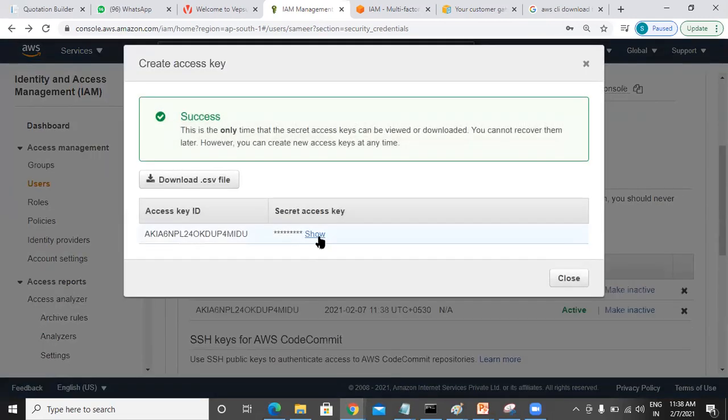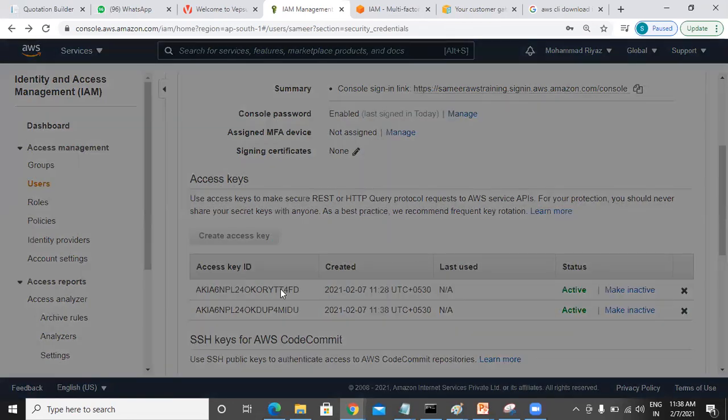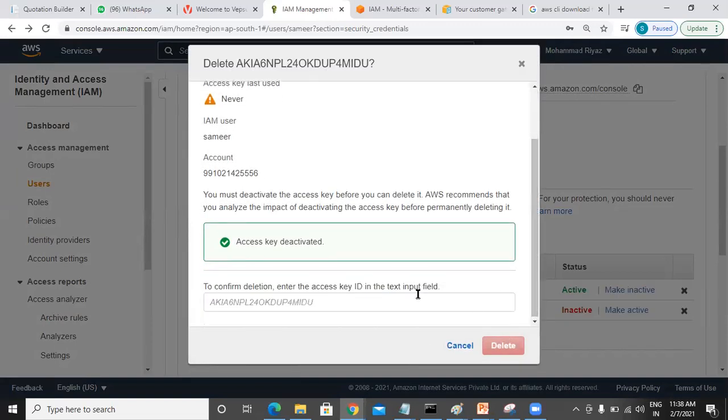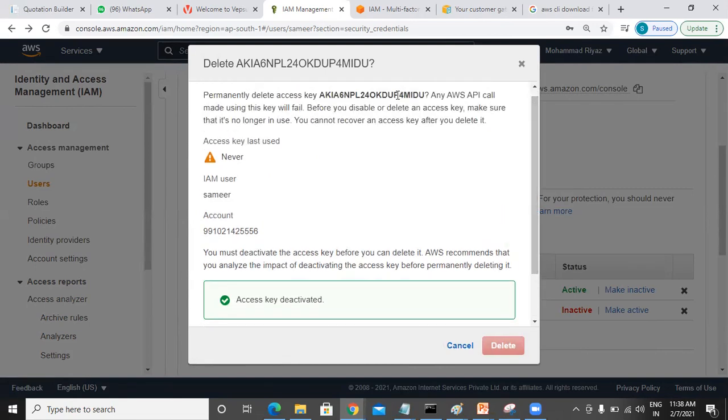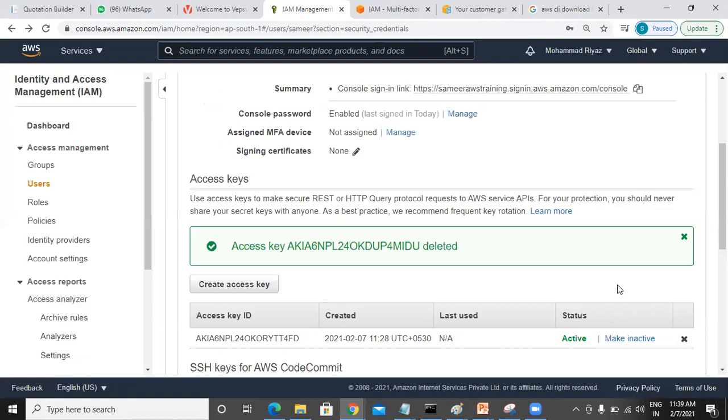So you can see here, this is a key, close it. I can use any of these. The third key will not work. So either you can delete and then use it. Understood, right? Now you might ask, what is the purpose of these keys? This is basically used, as I told you, whenever you want to communicate via the command line interface or any kind of API and SDKs, you can go with this option. There you will use this secret key and access key.